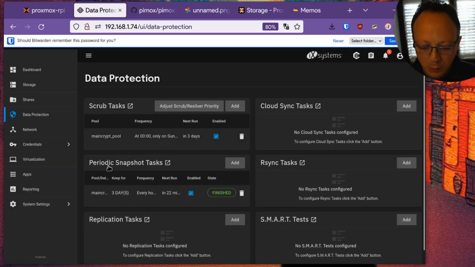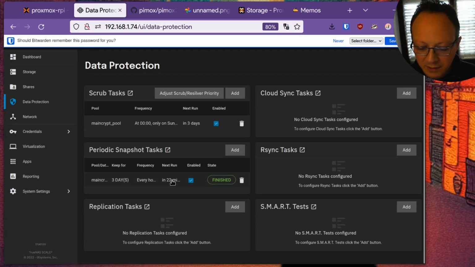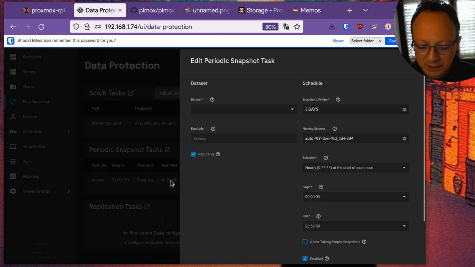So here we have a periodic snapshot task, and here you can specify your cron job, which is optimized for this kind of task.